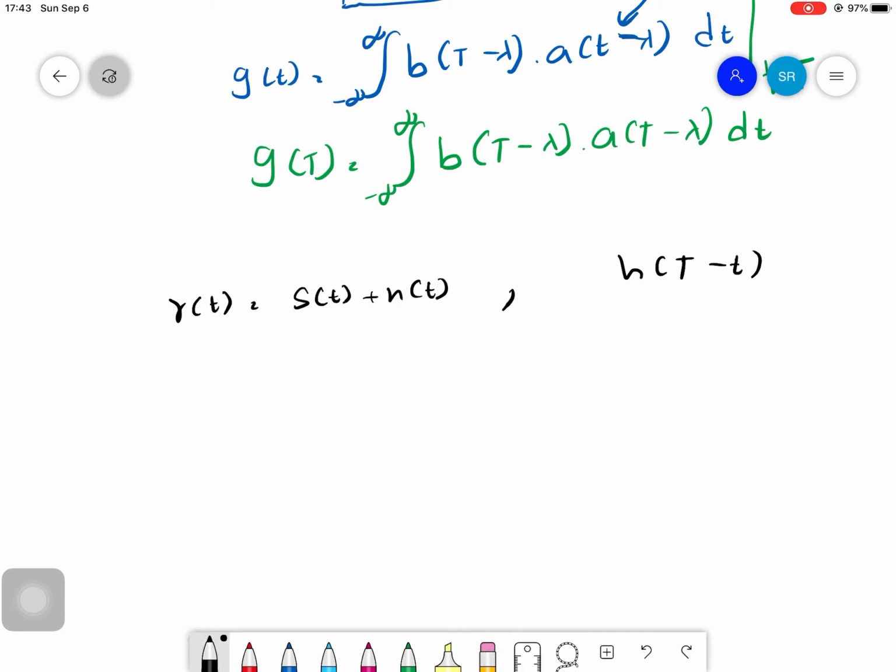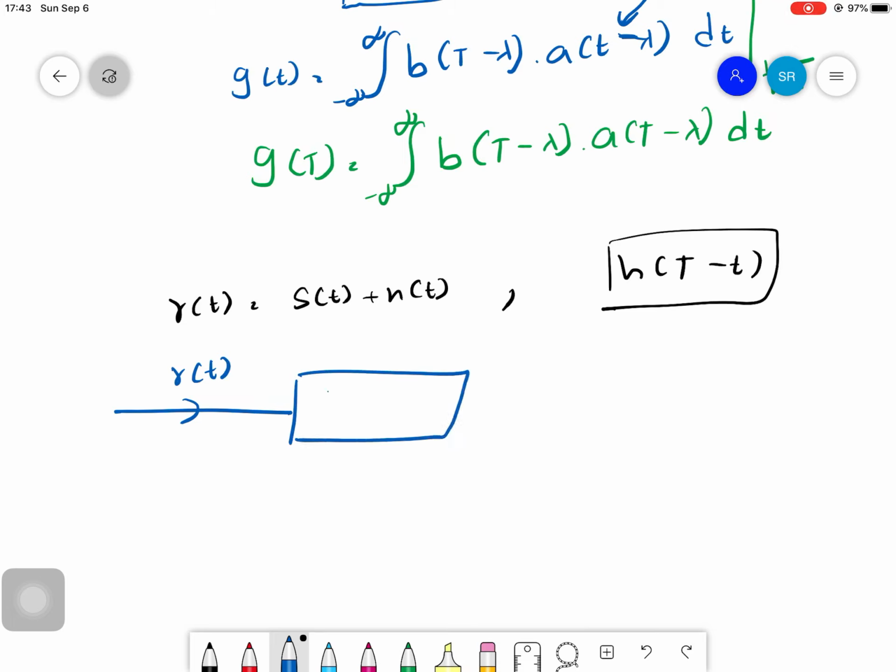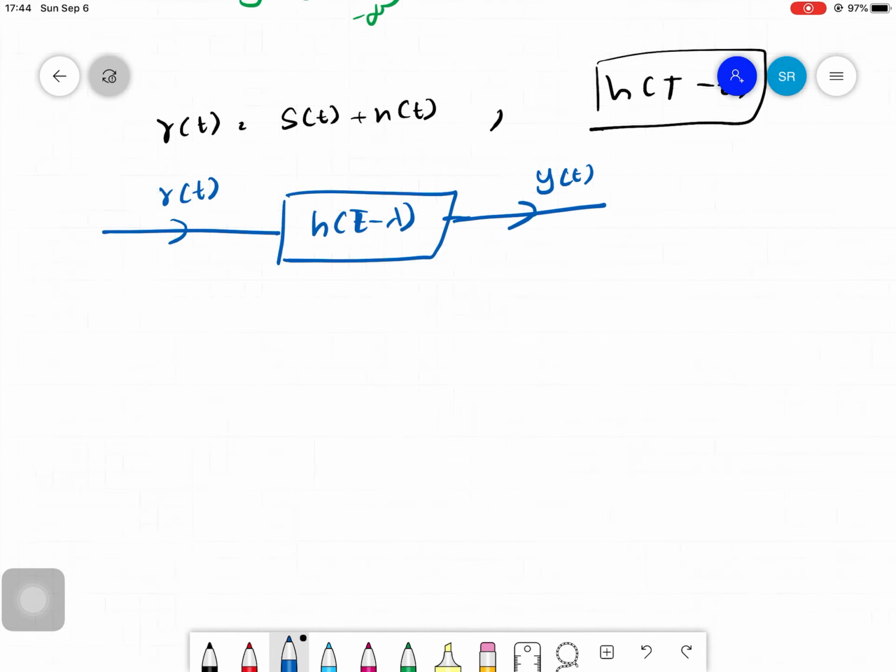So using a system which has an impulse response of this, I'm going to decode. Knowing that I fed this signal to this system, let's see what happens. Let's say my output would be y(t) or something. My output will become y(t)